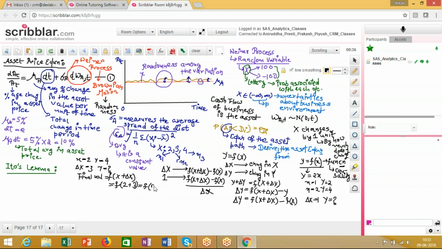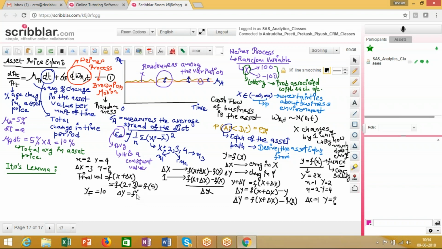Now what is the equation over there? y equal to 2x. So the final value of y will be 10, right? So x has increased from 2 to 5, and the value of y has increased from 4 to 10. So what is the change in y over here? The change in y is delta y, which is